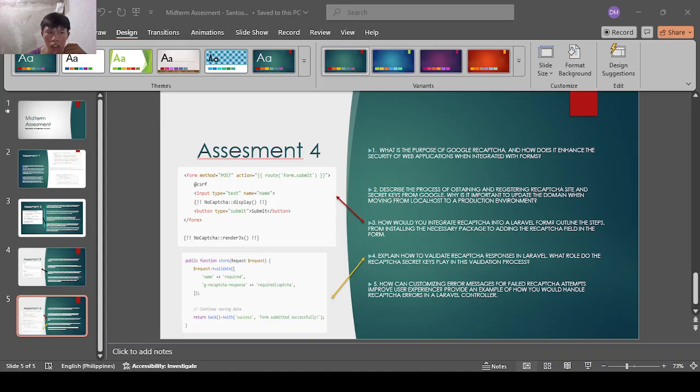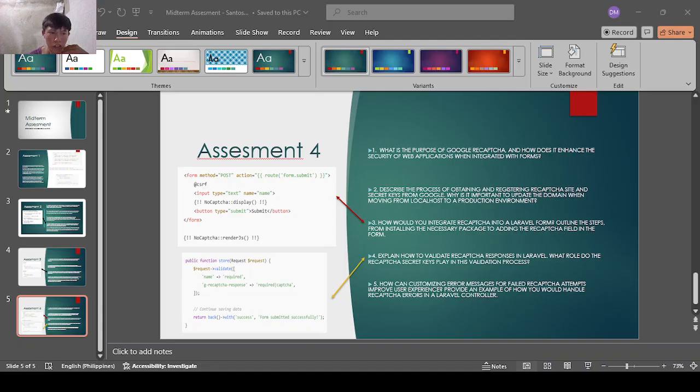First, you register your project with Google reCAPTCHA and provide your website's domain name, and Google then gives you a site key. It is used in the front end, and second is a secret key, used in your back end to verify